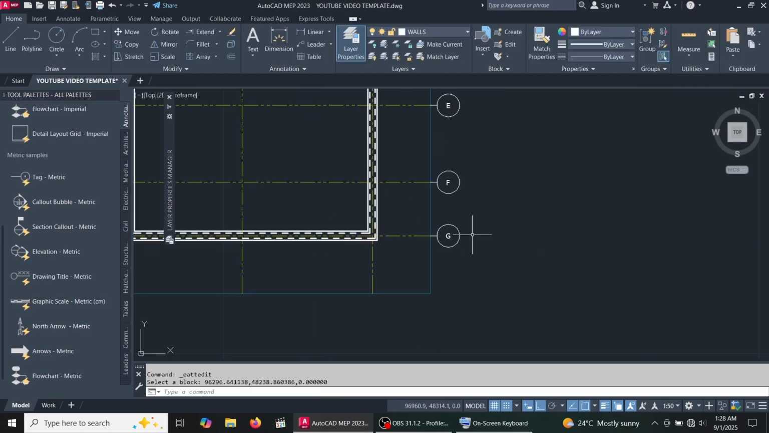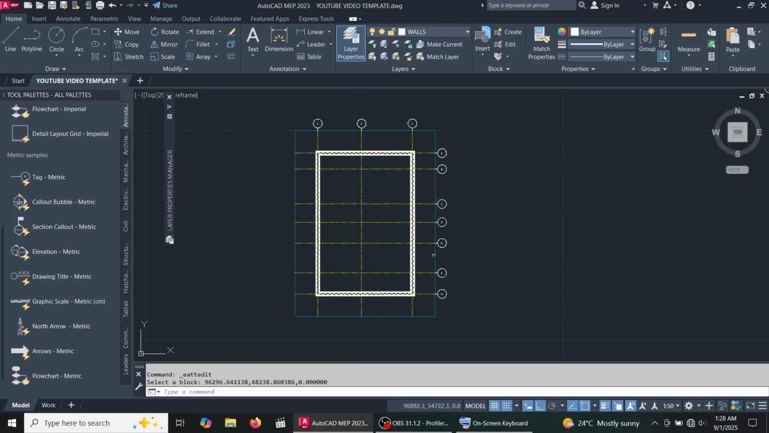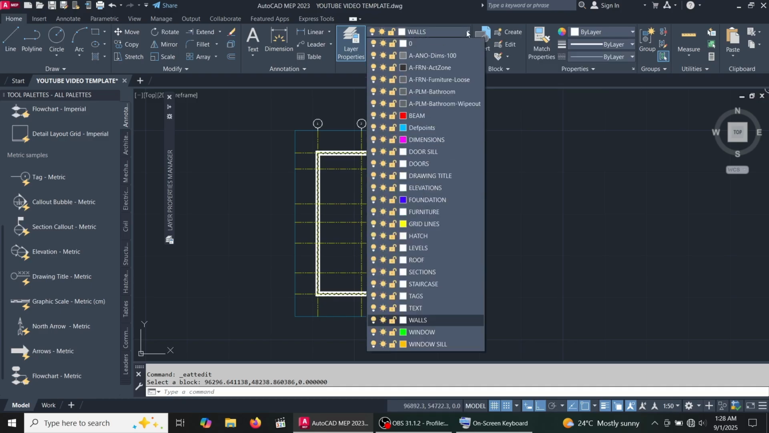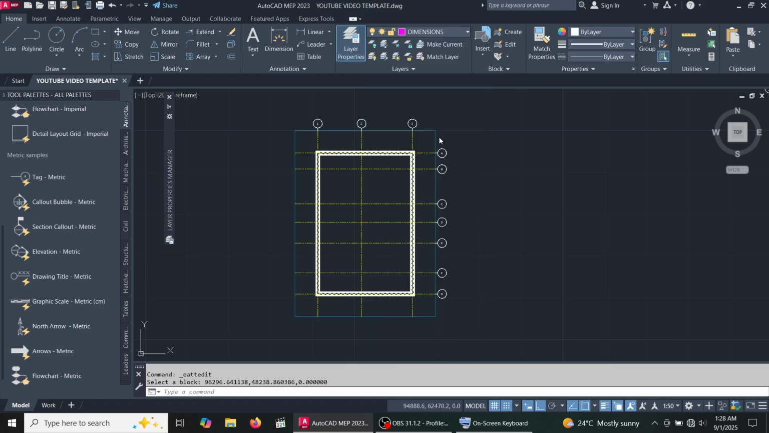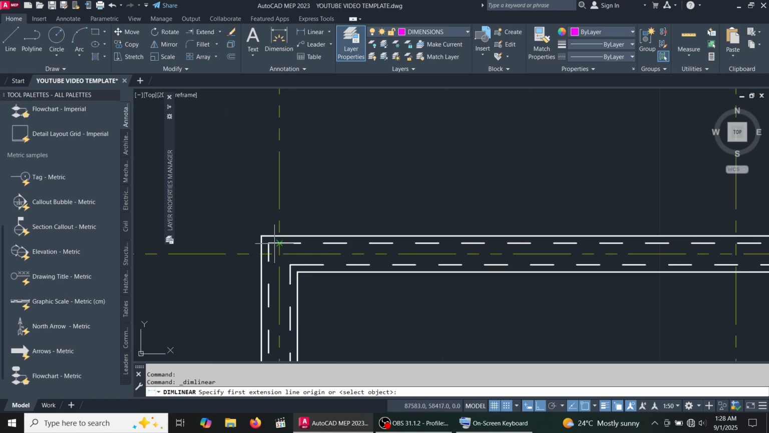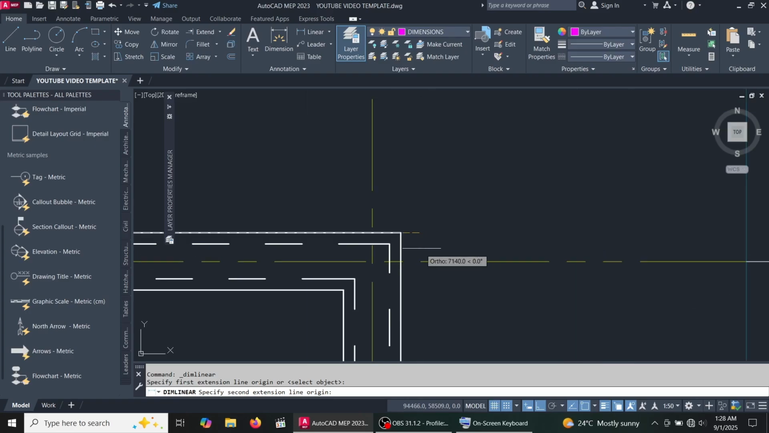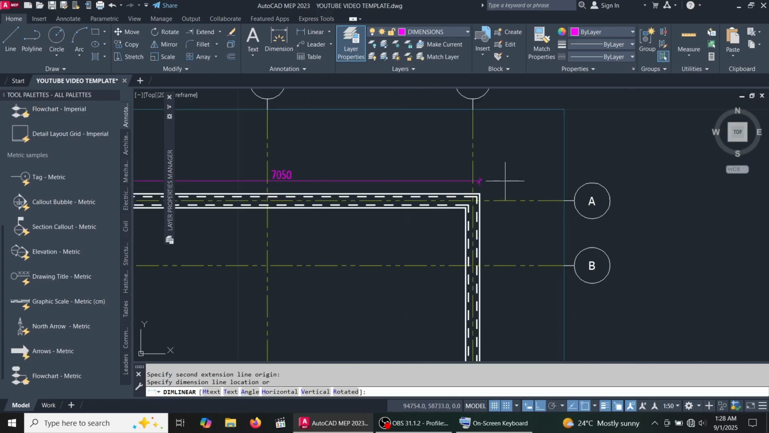So once you're done with putting in those letters in those bubbles, you simply start to put in the dimensions. All right, so I'll click at this arrow, then select the layer for dimensions. So I'll use this linear command, then I'll first put in the overall length of this other side of the roof,